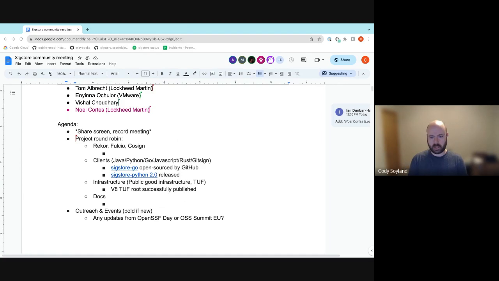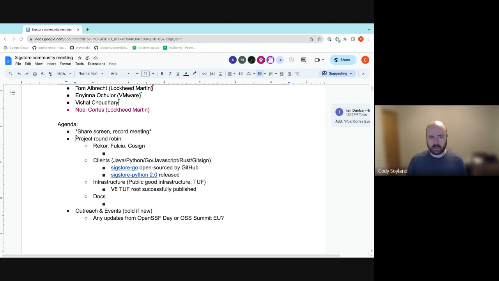It's not at all a stable API, but it's intended to be a new client for interacting with Sigstore from Go code. Previously, Cosign is kind of the reference implementation as a Go client, but when you try to use it as a library in your Go code, it's a little bit cumbersome.